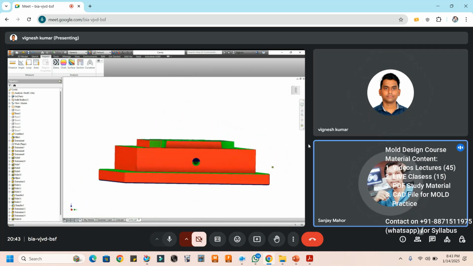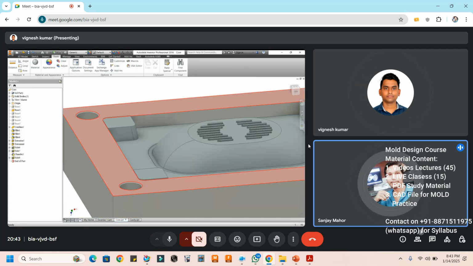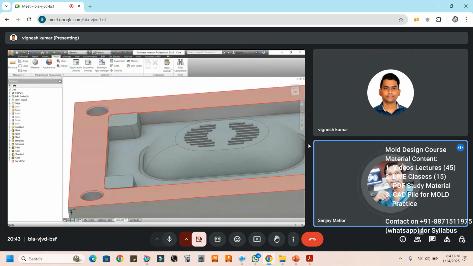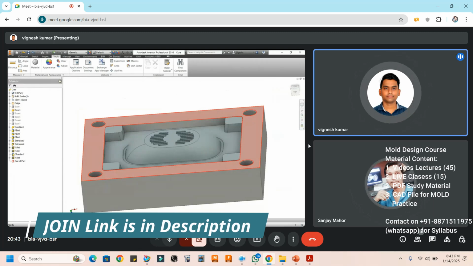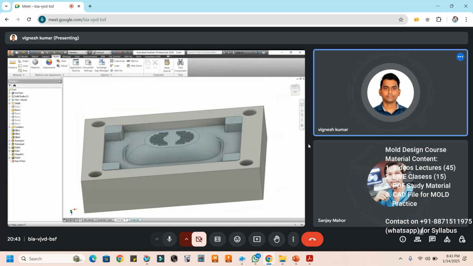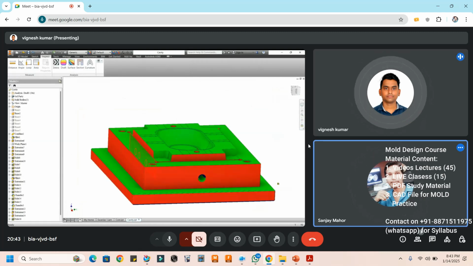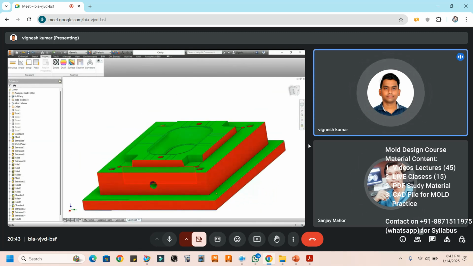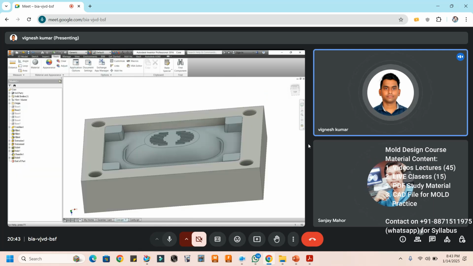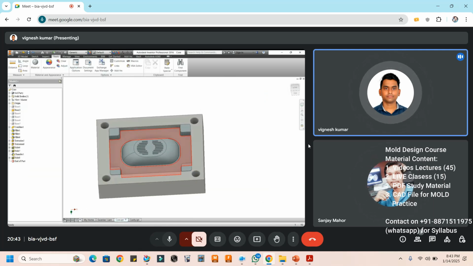Because of that, it is possible that it can touch the face of that housing, so it might be sliding. So this area should be completely drafted, everything. Okay, sir, I'll look into it.